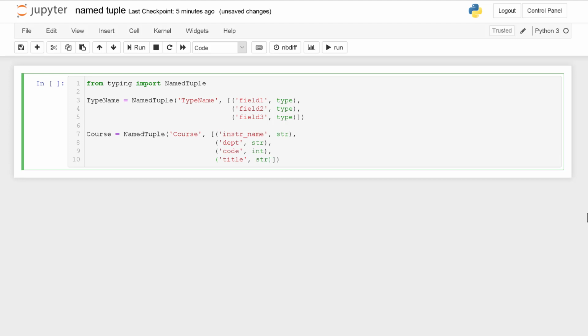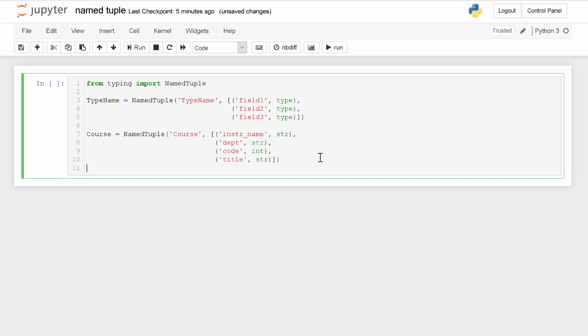Here we've created a new type named course. It has 4 fields. The fields are named instructor name, department, code, and title. And we can see that each of those fields has a type. Instructor name has to be a string, department has to be a string, code has to be an int, and title has to be a string.